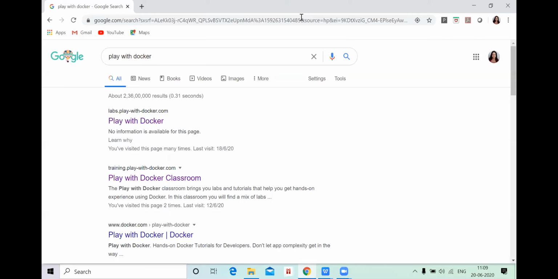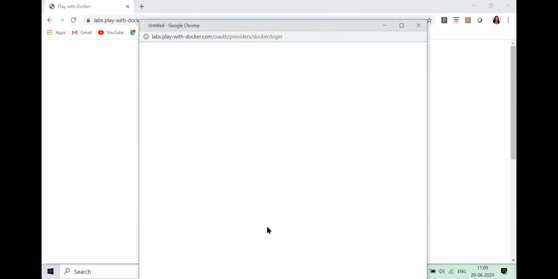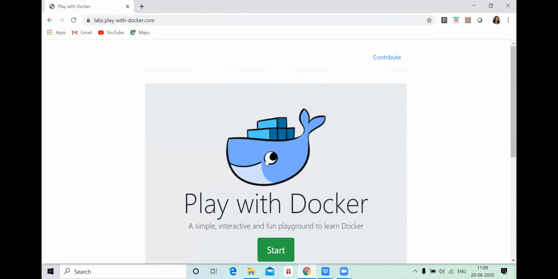As we have seen in yesterday's session, we have to go with play with Docker. You have to go for the login sessions, click on Docker. As I have already given my user ID and password, I will be starting directly from here.